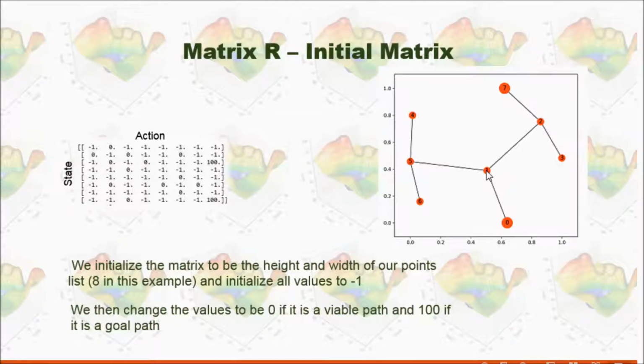And how about from data point 1? Okay, from data point 1, we can move to 2, and then, okay, this is 0, right? We can move back to 0, and then this is 0. And also we can move to 5, right? 1, 2, 3, 4, 5. This is 0. But for other data points, we can't jump over. We can't go to 3 or go to 7 directly. So it will be -1.